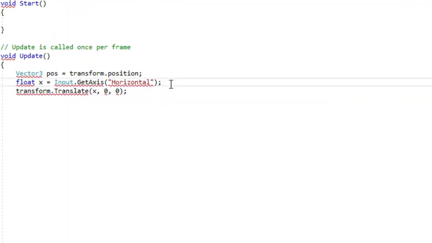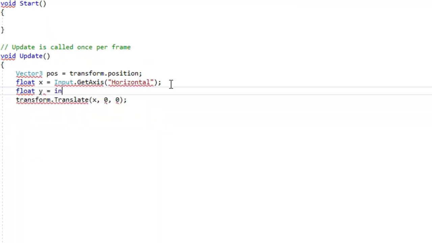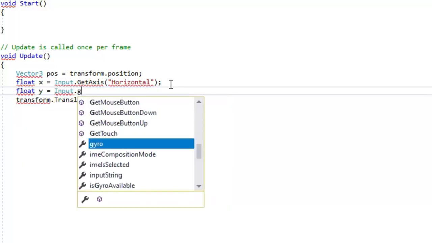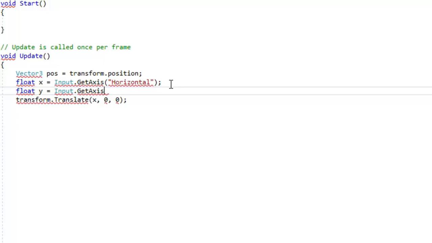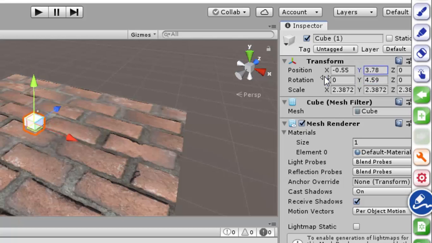One more addition I will do. Suppose I am taking another variable, float y equal to Input.GetAxis, Vertical, and this y we will pass here. First of all we'll see what is the y direction. It's upward and downward, okay, this is y.